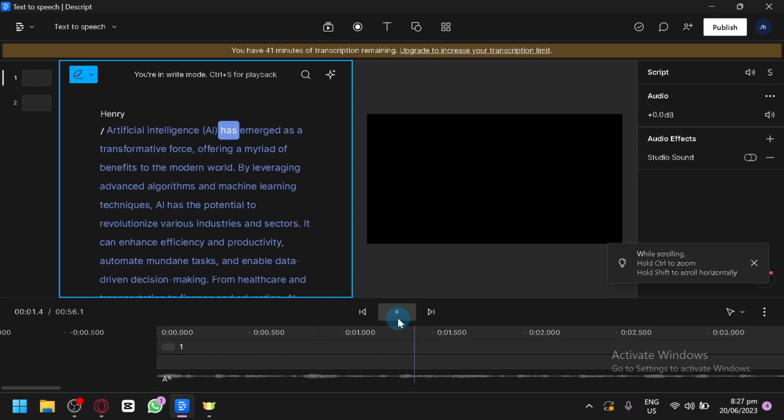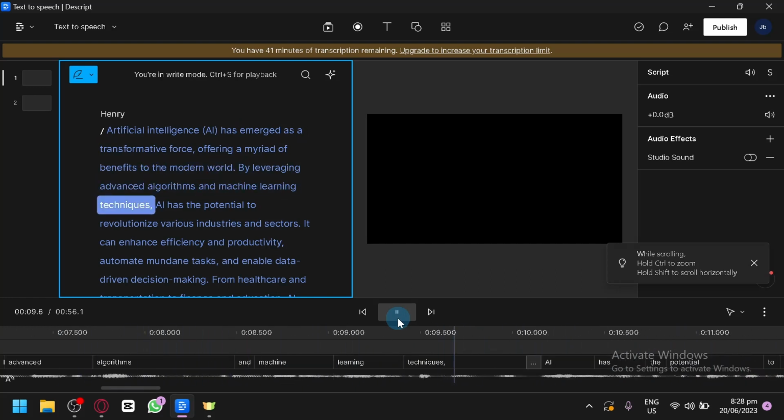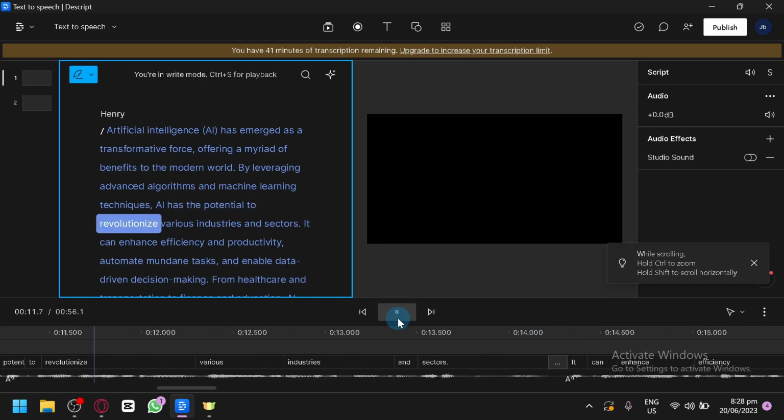Artificial intelligence has emerged as a transformative force, offering a myriad of benefits to the modern world. By leveraging advanced algorithms and machine learning techniques, AI has the potential to revolutionize